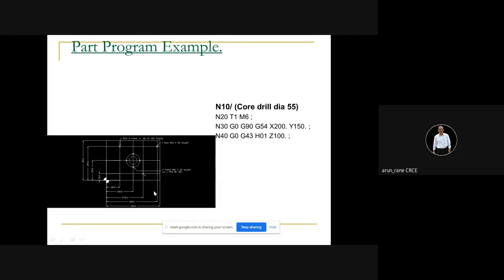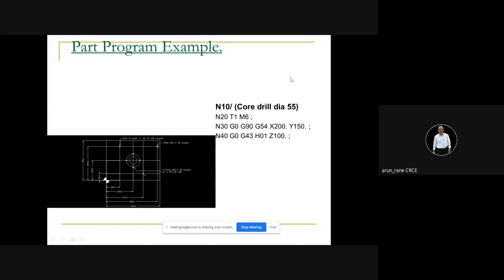So similarly, you have workpiece offset, and similarly you have tool offset. G43 is again important from the examination point of view. G43 is nothing but tool length compensation, or tool height compensation. As I told, see drill. Some drill's length may be 50 mm, some drill's length may be 70 mm, some drill's length may be 100 mm.